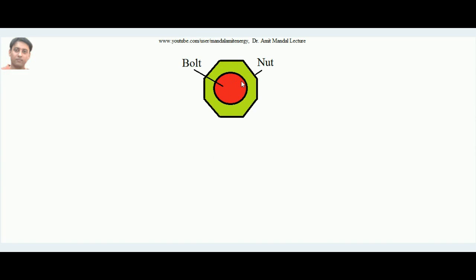See, this is a bolt, a red colored bolt, which is coming out of the screen. Okay, means the axis is coming out of the screen, and this is the nut of the bolt. In case this bolt starts spinning, what will happen? If the nut is stationary, then it depends upon the direction of the thread of the bolt. This nut comes out of the screen in case the bolt is spinning in clockwise direction. Similarly, in case the same bolt spins in anti-clockwise direction, then this nut will start going inside the screen.